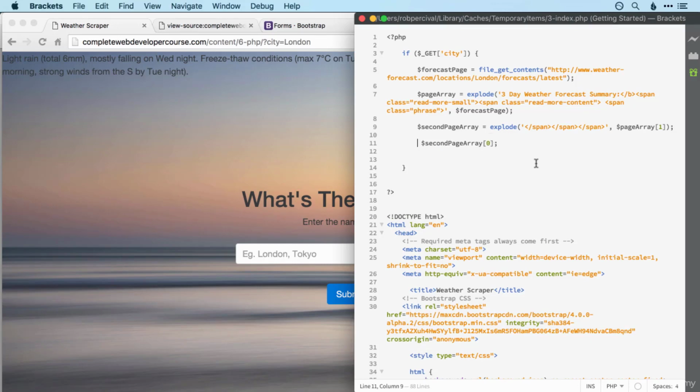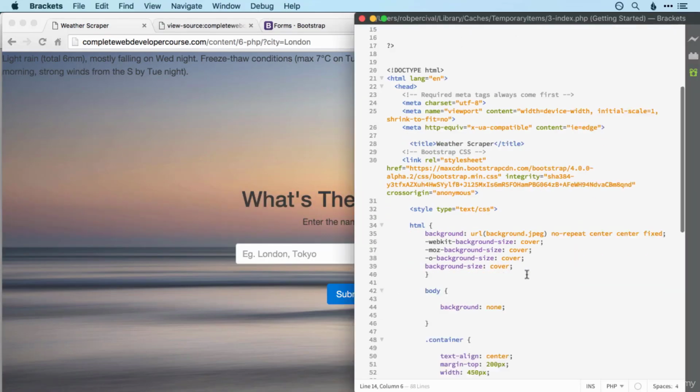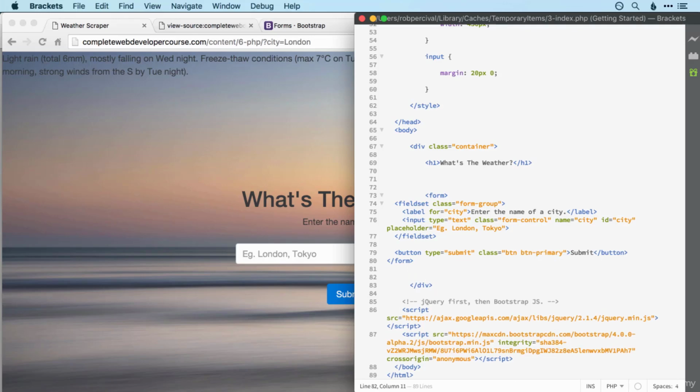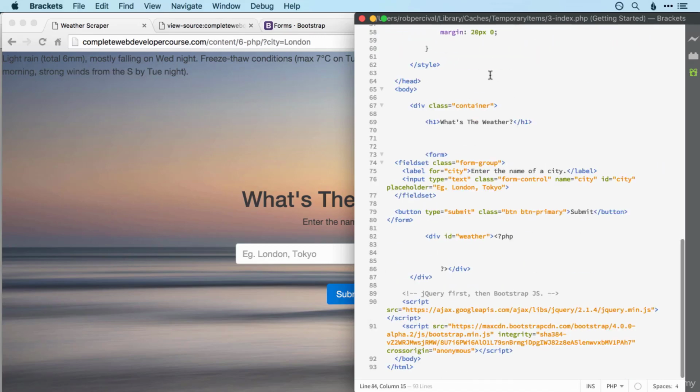And let's give it a nicer variable name as well. So I'll just call it weather. Weather is equal to that. And then we're going to display the weather underneath the submit button down here. So we're going to need a div to do that. So we'll have ID is equal to weather. And then we can just put some PHP right in there to say if we have some weather,